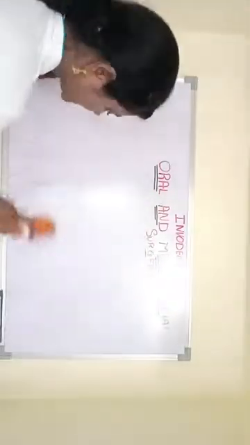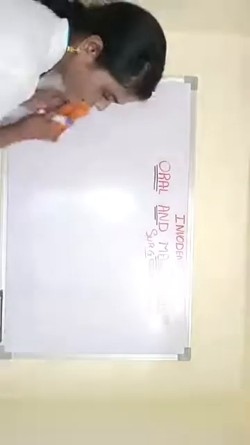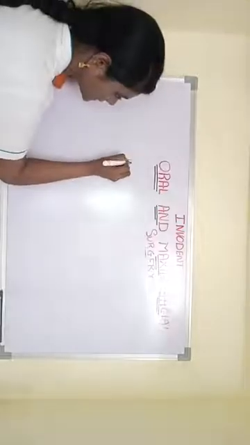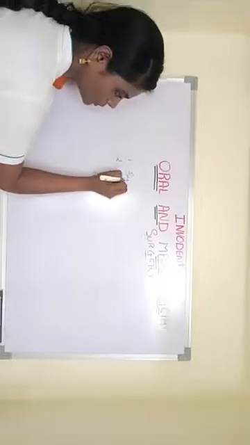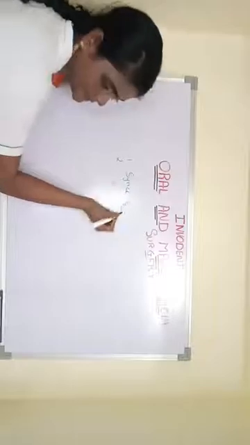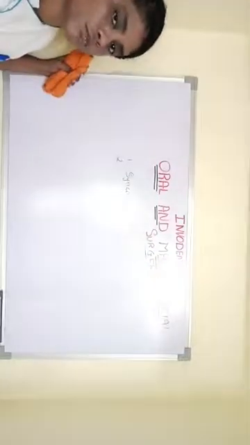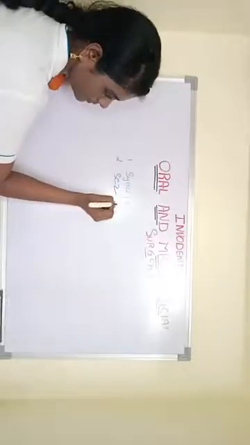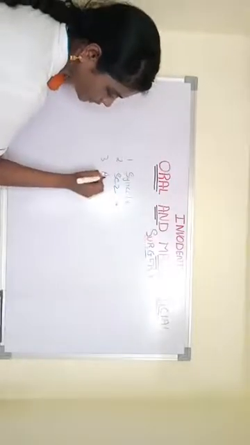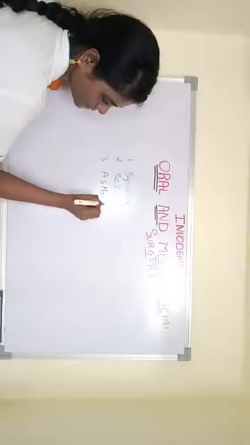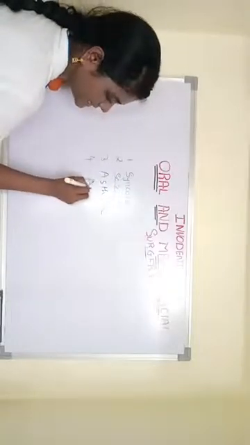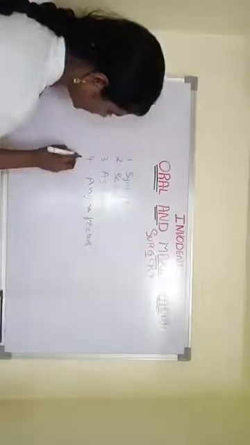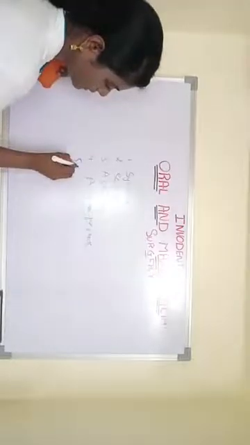Now, the last aspect of our oral surgery synopsis, medical emergencies. In medical emergencies, we will be discussing first and foremost syncope. Very commonly seen medical emergency in most cases is syncope. Then we will see about seizures. Then we will see about asthma. Then we will learn about angina pectoris.